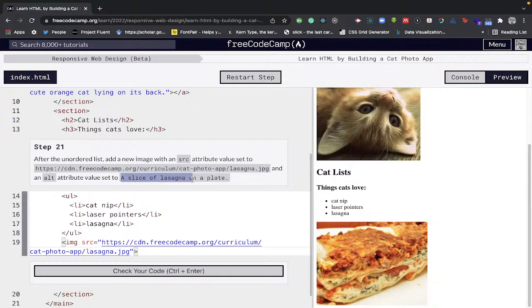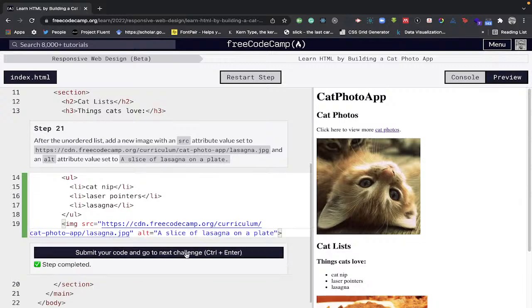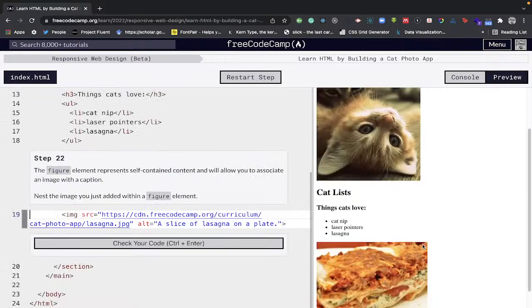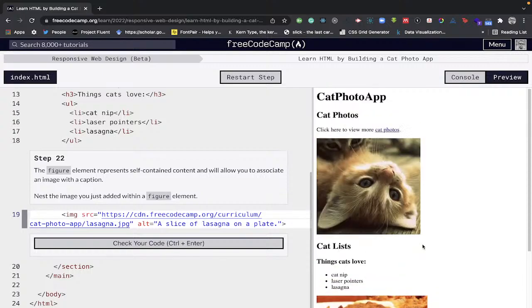And then we can put the alt text. Never forget. Alt. Yeah. And then we can go. It works fine, and our app is coming up really good. This is really amazing. We've learned a lot. We are almost halfway through. Let's go. So now there is an element called figure, which is used to add a caption to images,